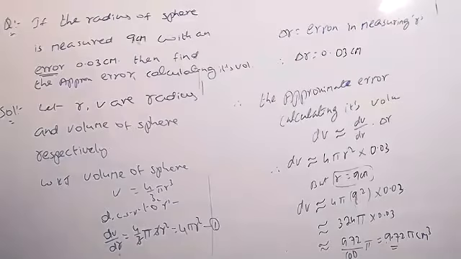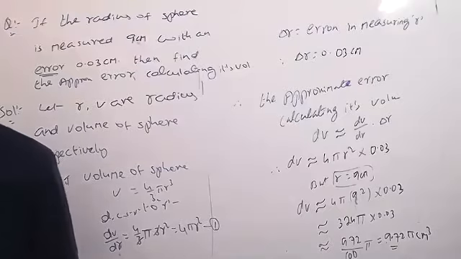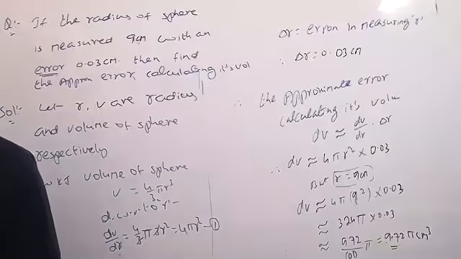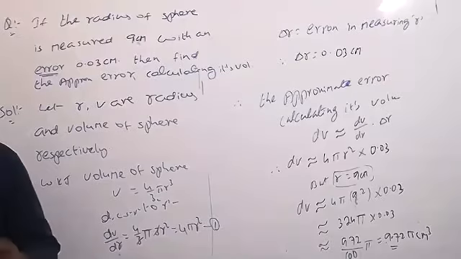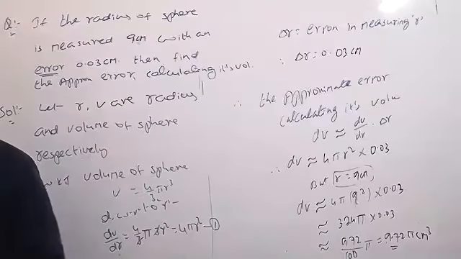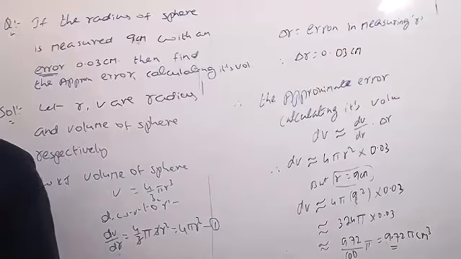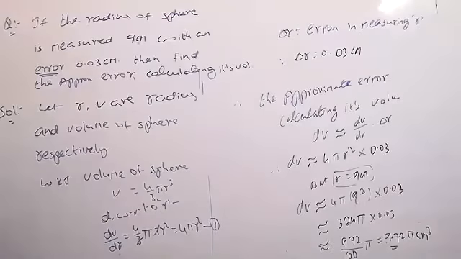Sir, in exam, do we need to solve the value of pi? That means you can substitute either 3.14 or 22 by 7. But no need to write anything, just you can stop it. Suppose in objective questions they ask the same question, but all the options are not given in terms of pi, only values are given. At that time it is compulsory to substitute in place of pi. Either you can substitute 22 by 7 or you can write 3.14, and you can calculate.